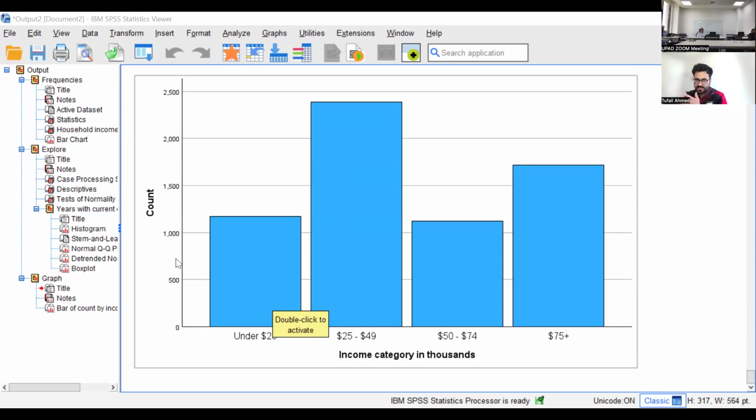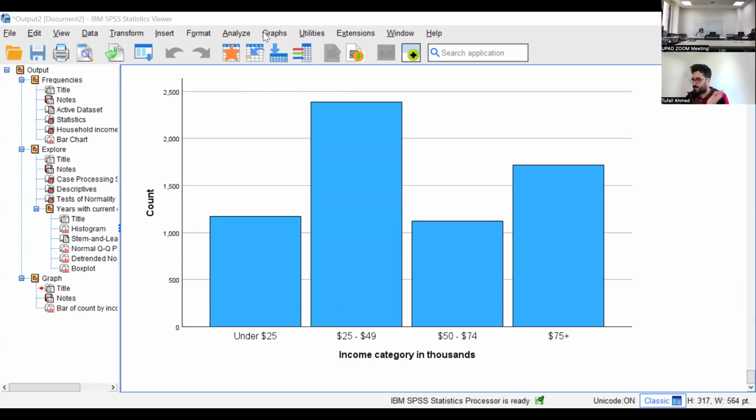So these graphs, charts and tables are useful when you have the data and you want to write something about your data. Then you need these charts and graphs to tell people, or to tell the government, or let's say your supervisor, that this is the data that I collected and this is what it shows.